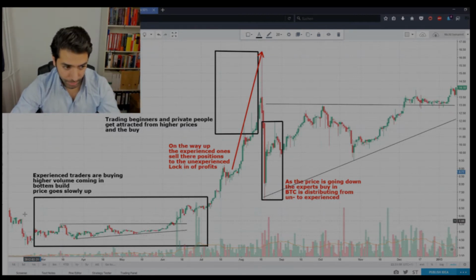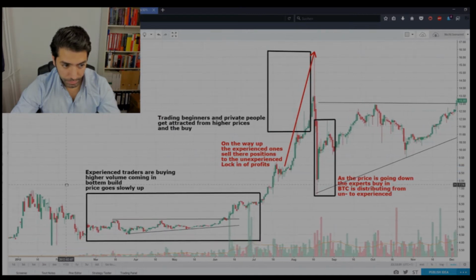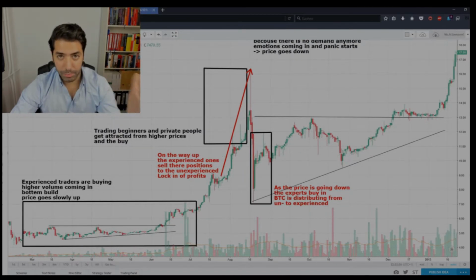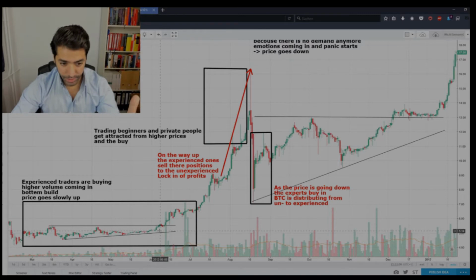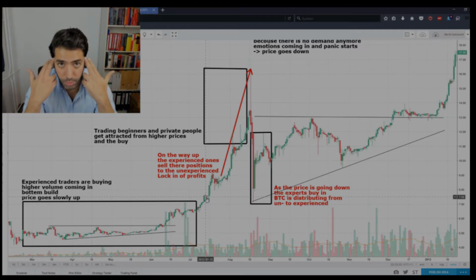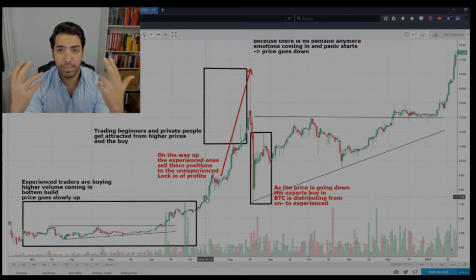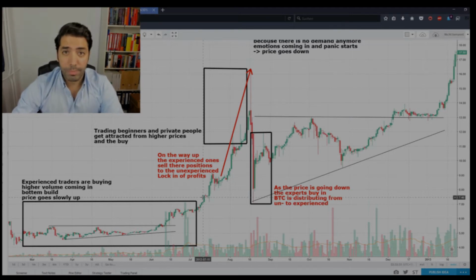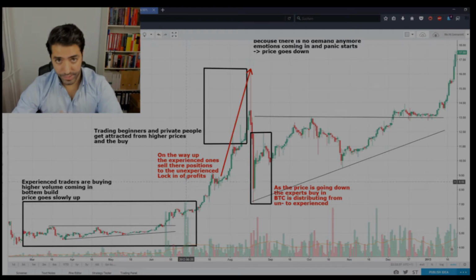As we saw here, the price came down from an area somewhere, which is not that important now because this is an example, and we had this accumulation phase, and then the price went up. You see the higher volumes, you see we broke through this resistance, and the price is going up. So what is happening psychologically in the market participants who are now on the sideline, not invested? Obviously they hear about it on social media or on the news, wherever they inform themselves, or a friend is telling them.